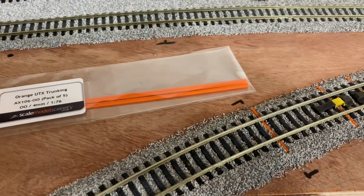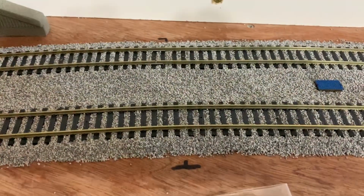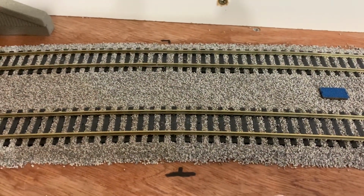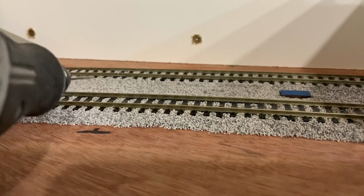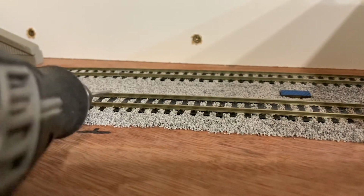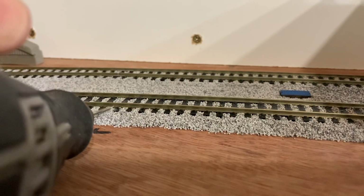The second way you can do this, if you've already done your ballasting, I'm now going to show you a quick way that you can add the tubing. Okay, so this may seem a little bit drastic, but I actually just use my Dremel. I have a 2mm drill piece fitted to this, and I just drill in between the sleepers,